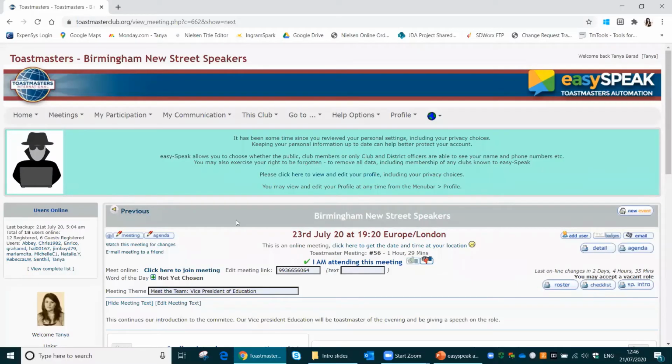So you've just had a new member who signed up to your club. Fantastic. And now you've been asked by your committee to change that person onto a member on Easyspeak. There's a couple of different ways we can do this, and this depends on what status the person already has